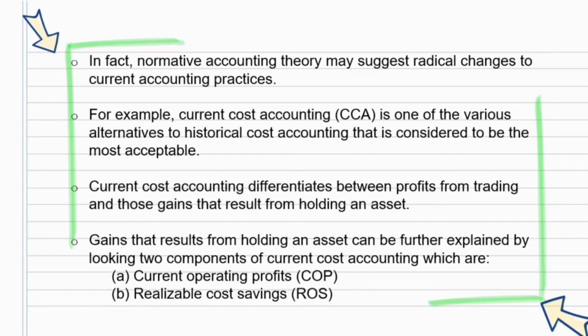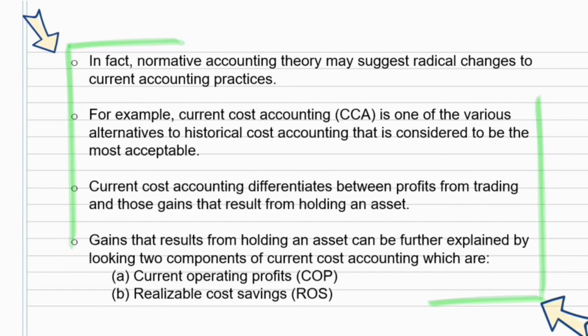For example, current cost accounting is one of the various alternatives to historical cost accounting that is considered to be most acceptable. Chambers,